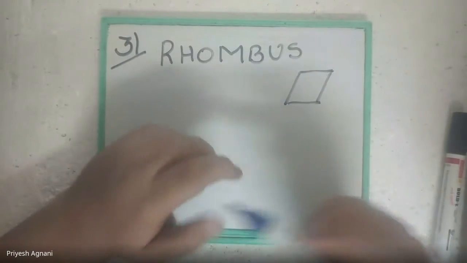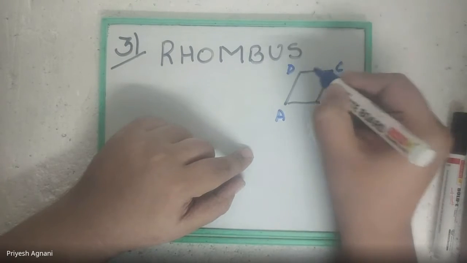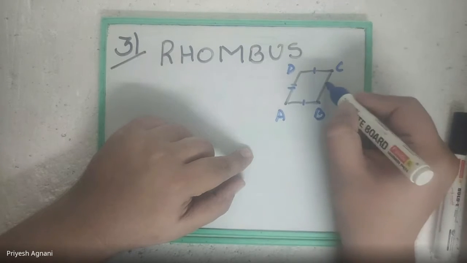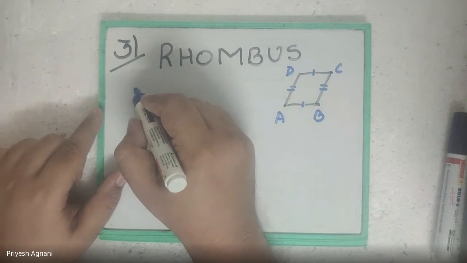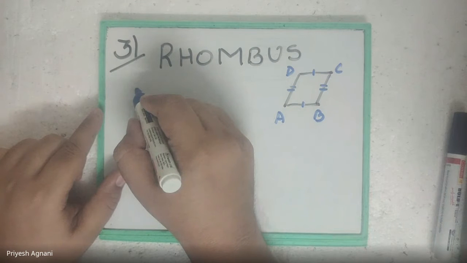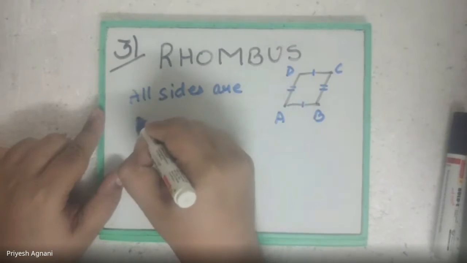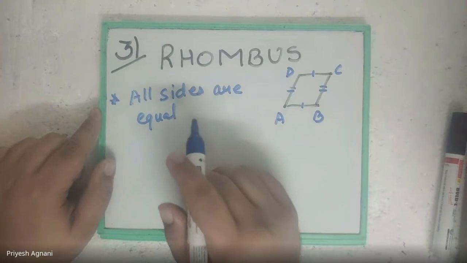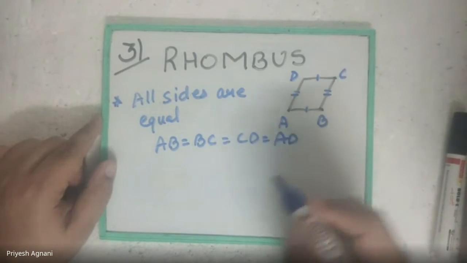ठीक है, let us name this rhombus ABCD। This side is equal to this and this side is equal to this, and they are equal and opposite। यहाँ पे क्या आएगा, all sides are equal। यहाँ पे देखो all sides are equal। ठीक है, AB is equal to BC is equal to CD is equal to AD।